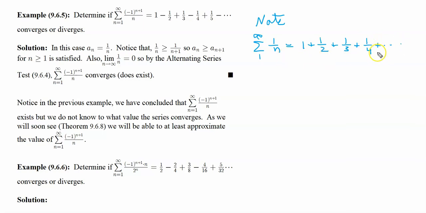This series actually diverges by the p-series test. The exponent here is a 1, and if you think back to the p-series test, for p less than or equal to 1, this will diverge. So this certainly diverges either by the p-series test or the integral test you could use. So this series diverges,